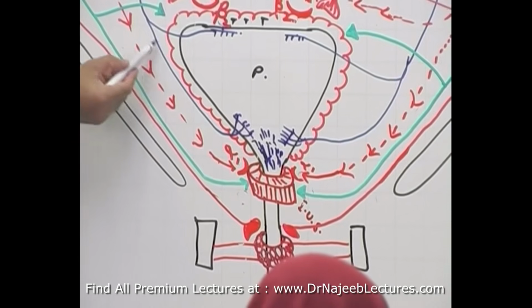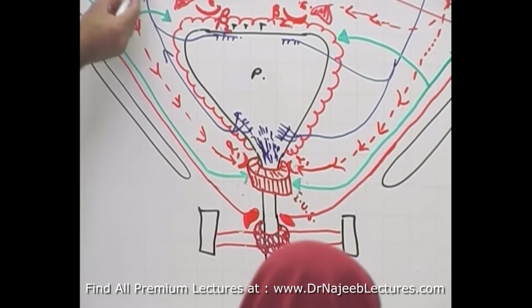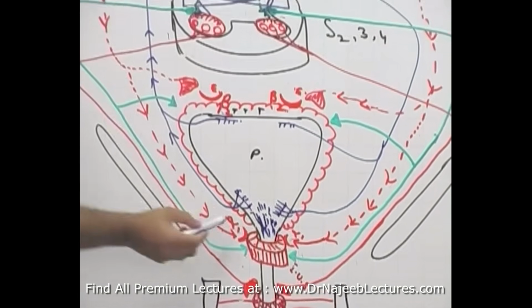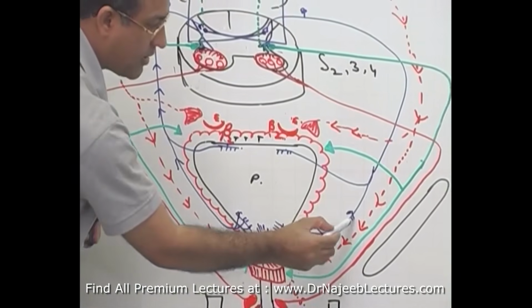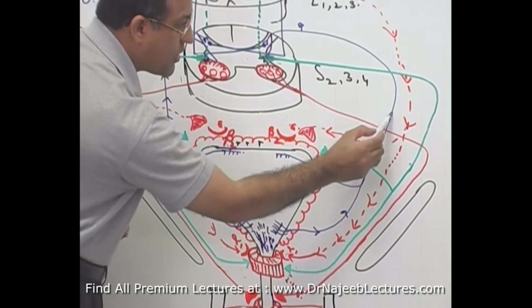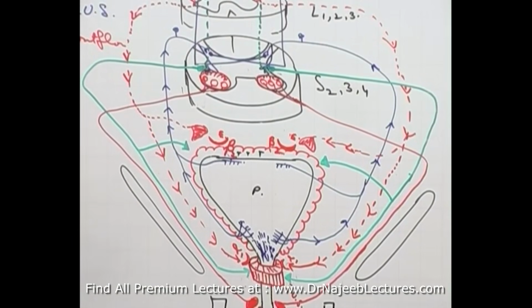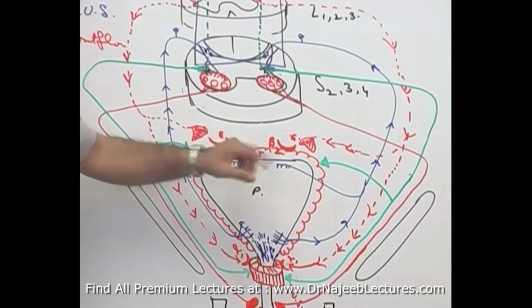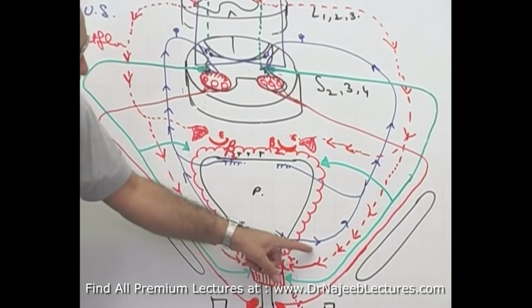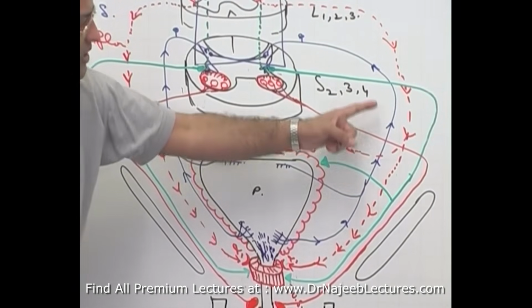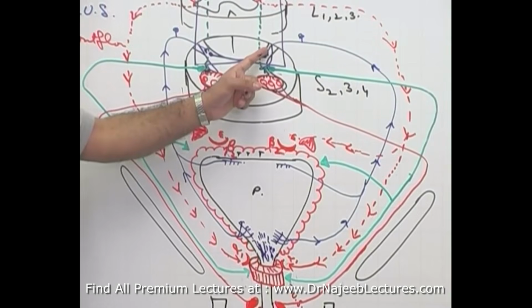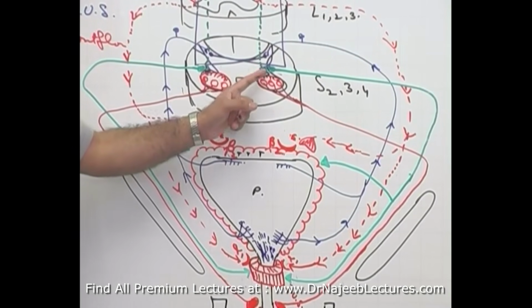These fibers go to the central nervous system through two routes. Some go along the pudendal nerves, and some go along the sympathetic nerves. These sensory fibers will be strongly stimulated, and they will go back and produce a strong reflex stimulation of